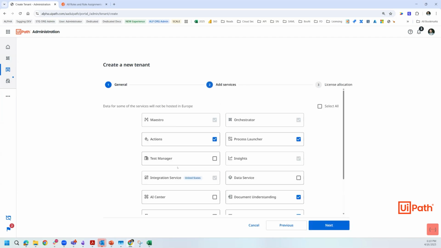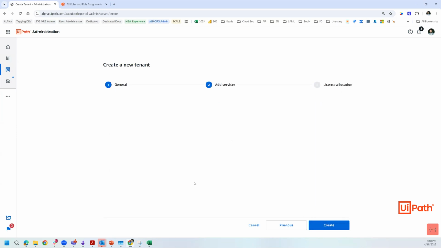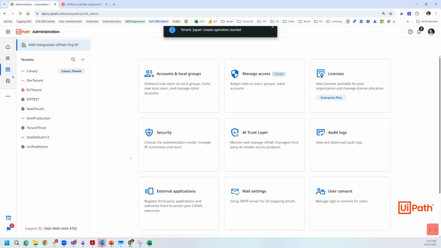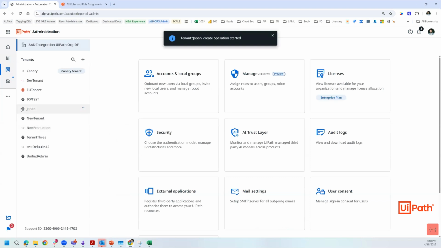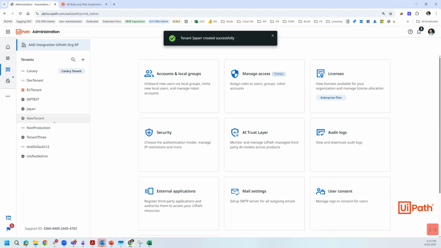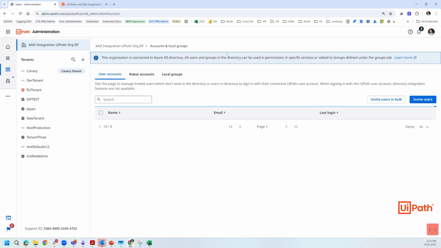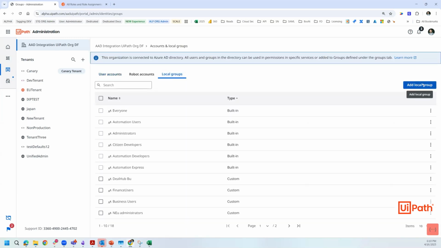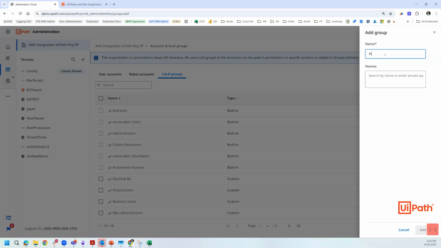For now, we'll just create the production. We'll select to have all the services, and then just hit create, right? It's creating. It has this globe icon. If you have a non-production or a testing tenant, you'll see this different icon in here. While it's creating, it's already done. Let's also create a group for it so that we can play around and create afterwards some custom roles. So I created Japan. I want to create also a group that I want to associate to the tenant. We'll just create the Japan group,